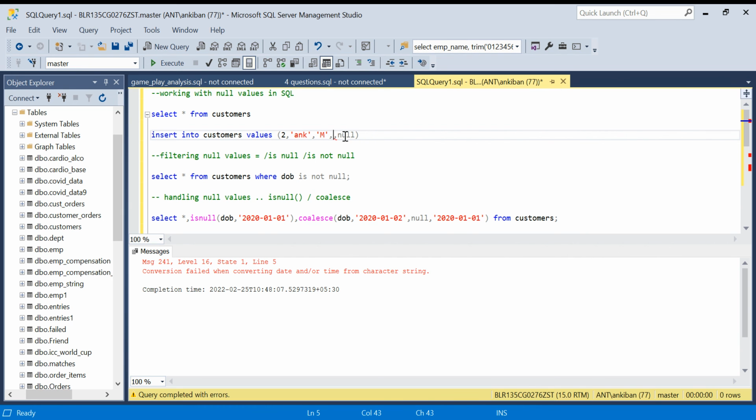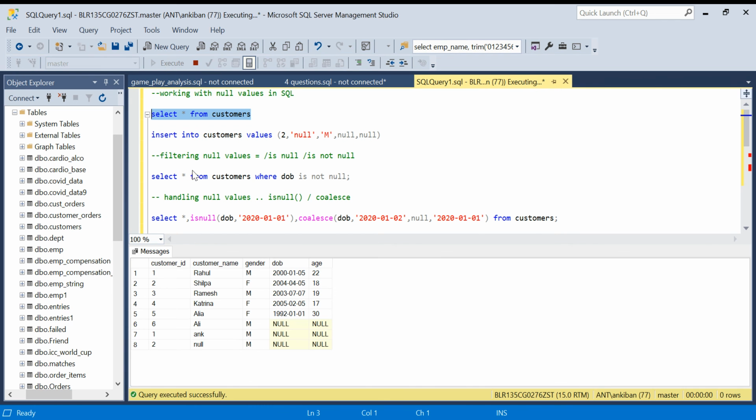Let me put in some other column. Let me put null here, and here let me put null. So null in the string I am putting now. Okay, so you see here, this is a string now. This is not a null value, right? Because I have put it into the single quote, so it is taken as a string. If you want to put null, then you have to put it as it is, and this will be a null value, unknown value. I hope this was clear.